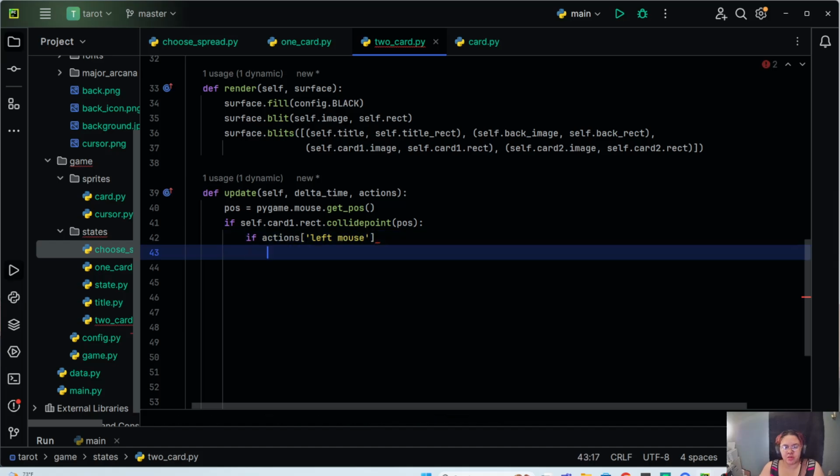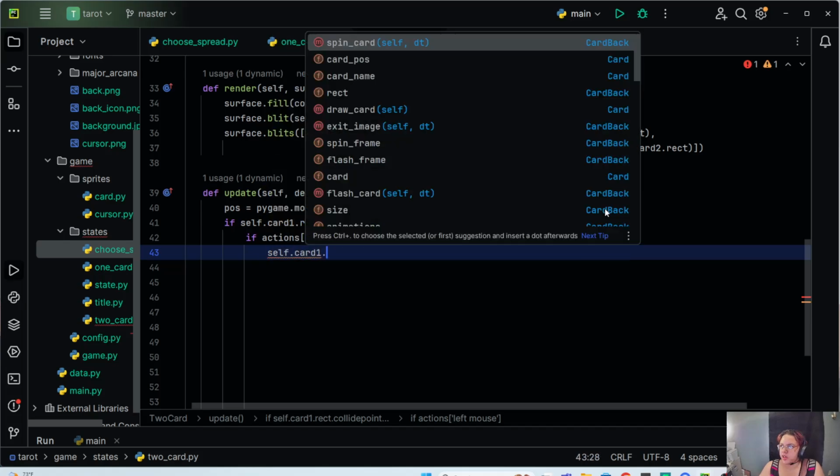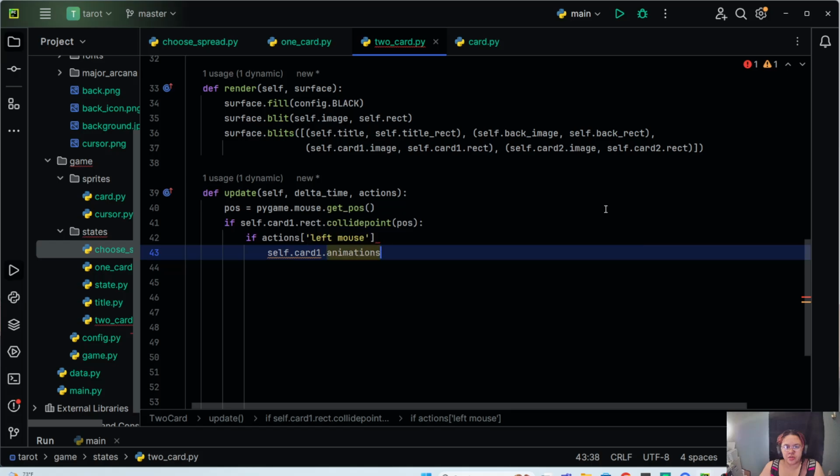So if we click the left mouse while we're on the card, we're going to do a few things. First, we're going to set self.card1.animations spin -1 equal to